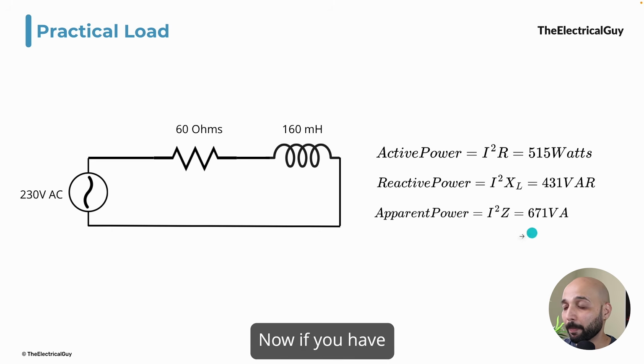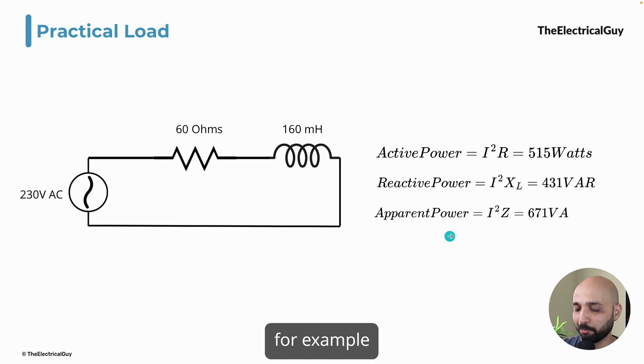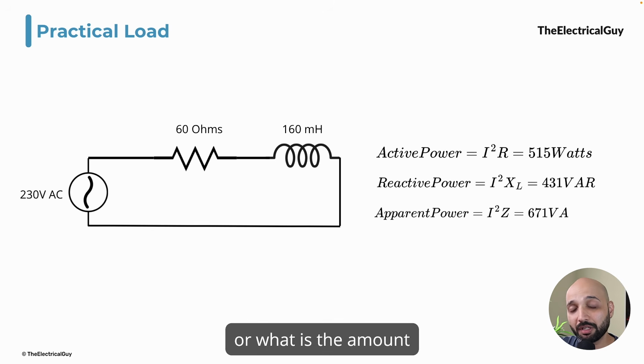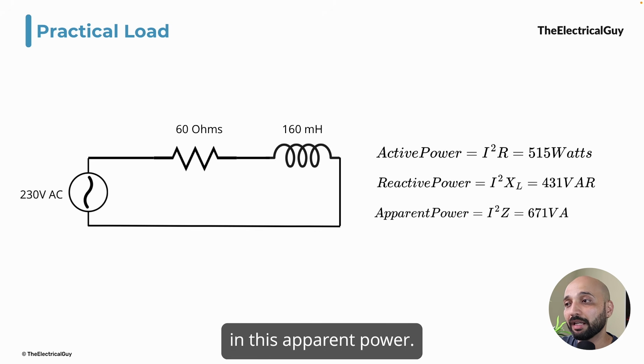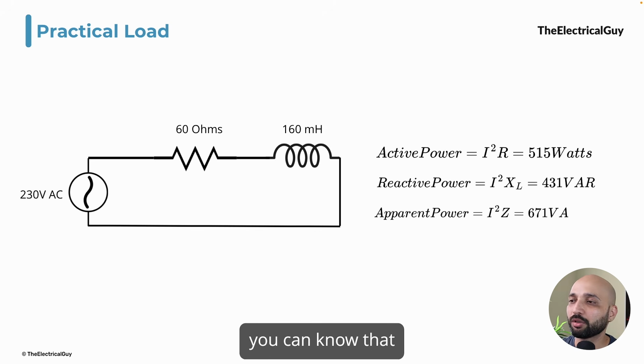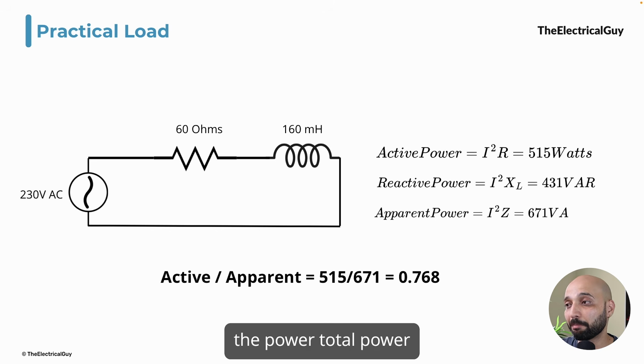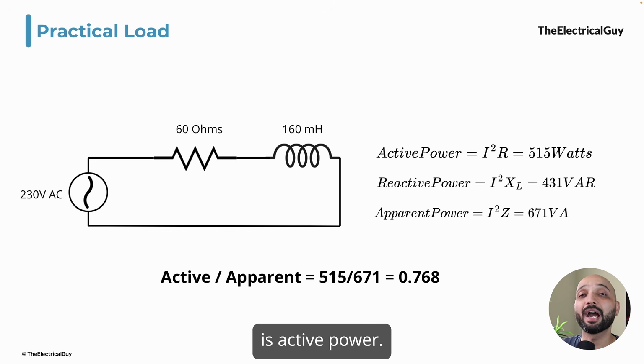Clear? Now, if you have the apparent power, for example, 671 volt ampere, you need to know what is the percentage or what is the amount of active power in this apparent power. How do you know that? Well, you can know that by simply dividing the active power by apparent power. So if you do that, you'll get 0.76. You can say, let's say 76% of the total power that I have is active power, and balance is